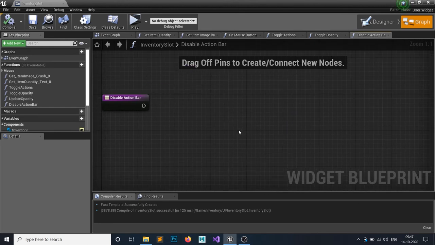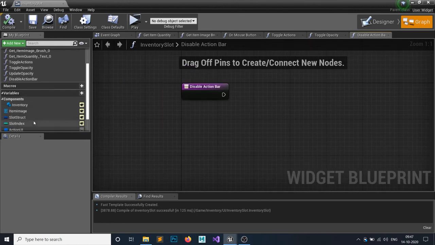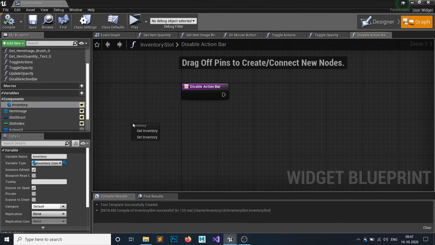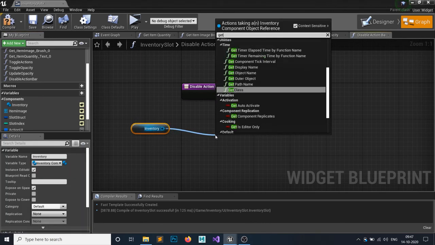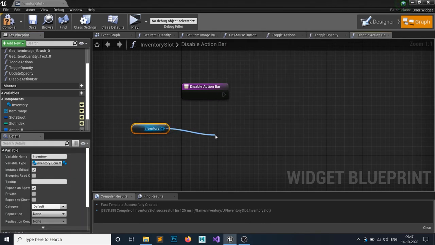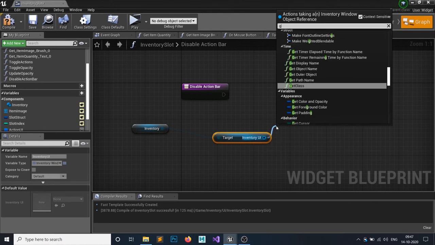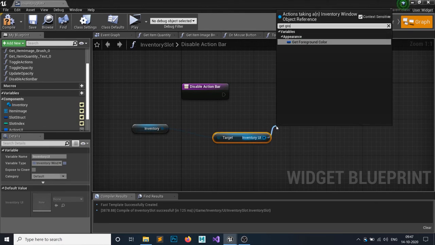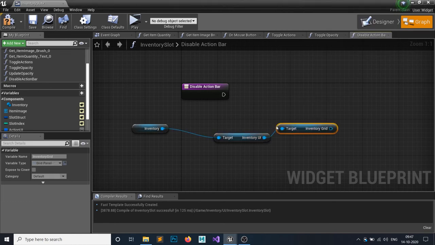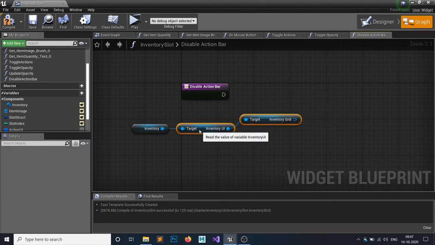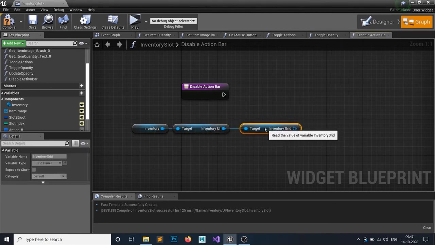So how are we going to disable it? Same thing we have done before for the inventory opacity slot. Get the inventory UI. From that, get the grid panel. Let's make this a little bit clean code.